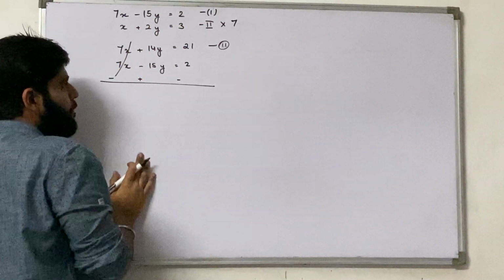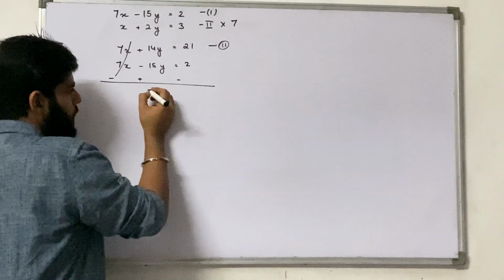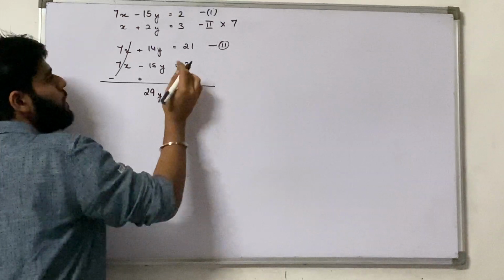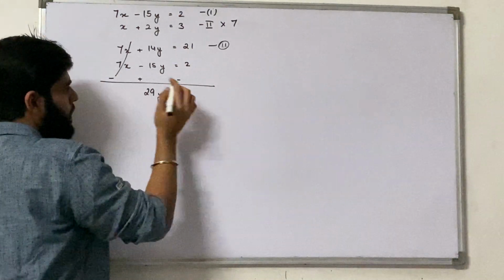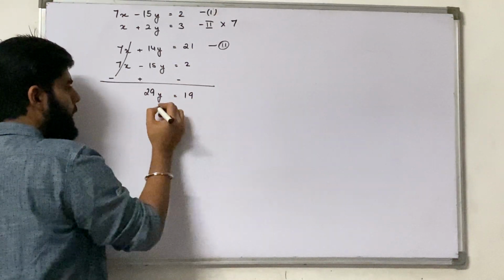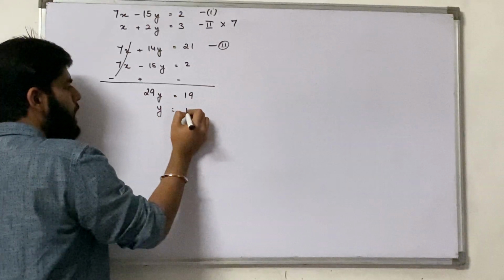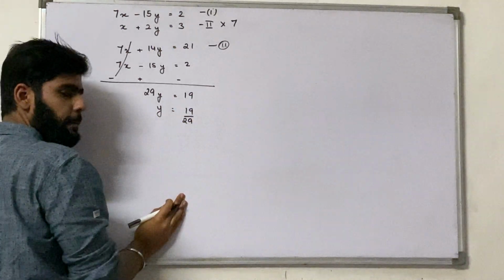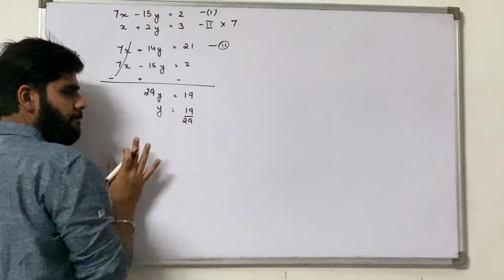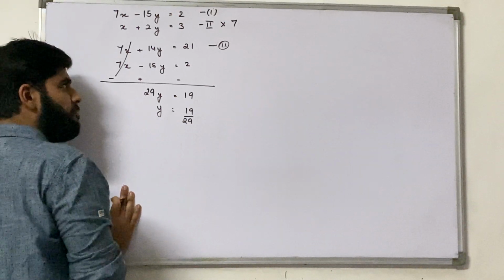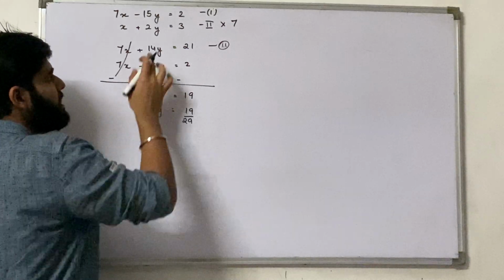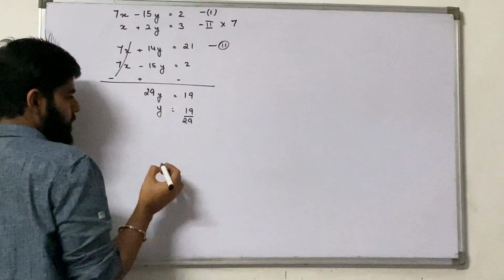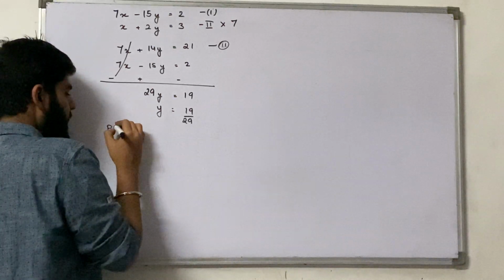Now 14 plus 15 is 29y is equal to, this comes out to be 19. Therefore y comes out to be 19 upon 29. We have calculated the value of y. Now, which equation seems to be pretty easy? The second equation. We will say putting